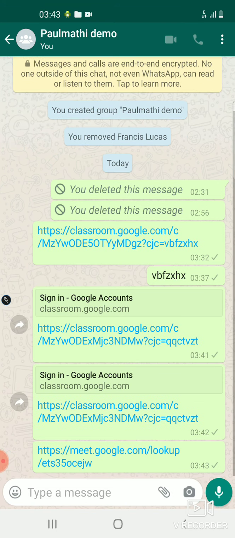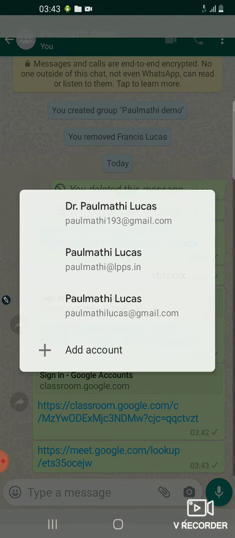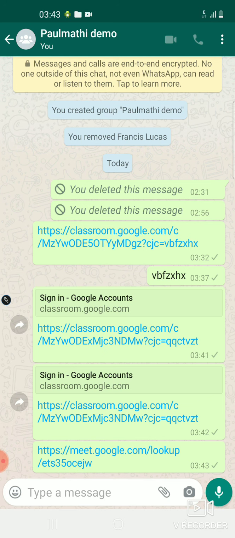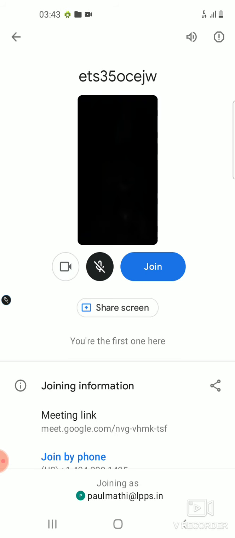The children can join in the Google Classroom straight away. As usual, we share the same way from here itself in Google Classroom. And now the children will join in our Google Classroom. Here we can interact face to face with our students. So we can join